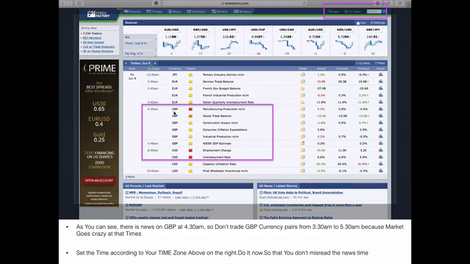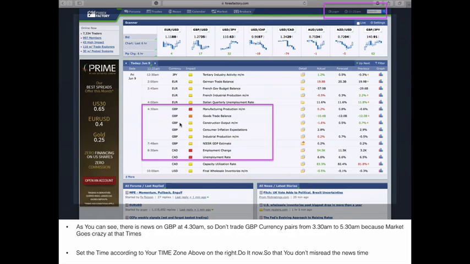Also, set the time according to your country. Very important. You don't want to be looking at news and you are seeing that there is news at 4:30 a.m. but the time here is of some other country, and that's why you will be misreading the news. So make sure you set up your time and see this news. Also, on the MetaTrader 4, there are headlines. So if you go to any M5 chart, the 5-minute chart, you will be looking at headlines